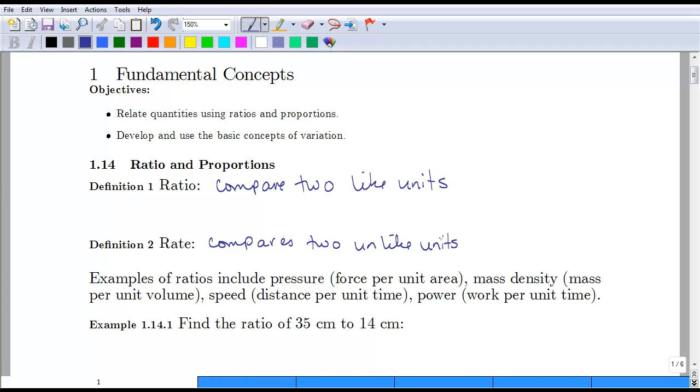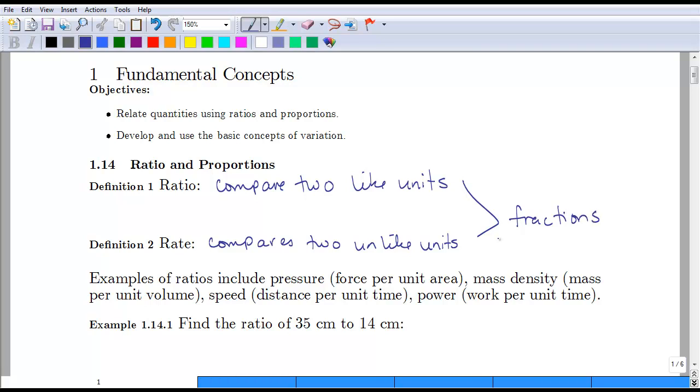Every time you drive, you have a rate of miles per hour or kilometers per hour, depending on which one you're looking at. Pressure is another rate, which is force per unit area. Mass density is mass per unit volume. Power is work per unit time. All of these are rates, and both of these are similar in the fact that they are fractions that compare